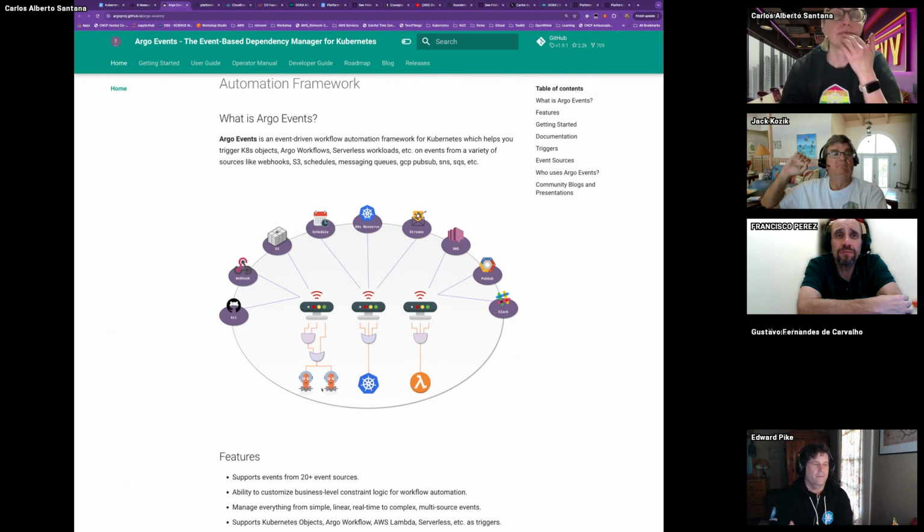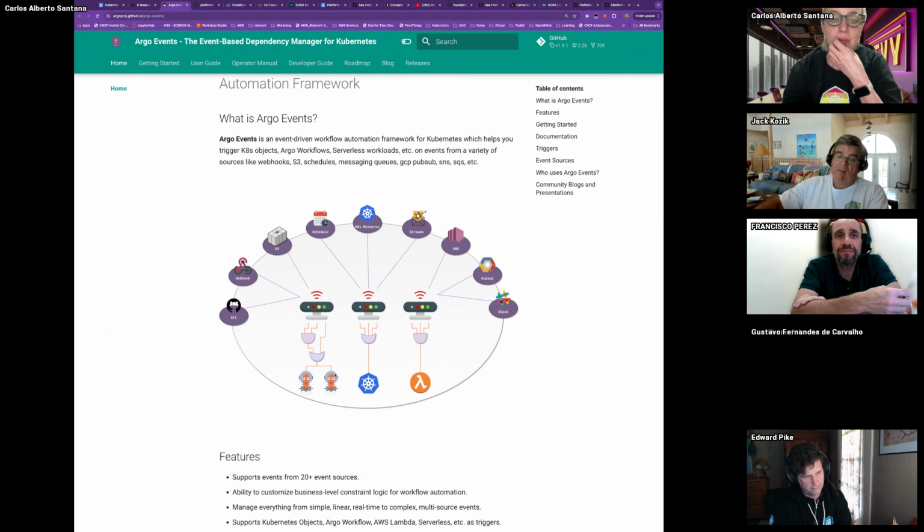I'm using my mouse, but the one on the left, you see two Argos here at the bottom with a year at the end. Actually, those are workflows. There's a project called Argo Workflows. Then you can connect something like Git through a webhook. When you create a pull request, for example, or commit something to GitHub, Argo Events will receive that HTTP request and then launch an Argo workflow that will do something about it. It could be building an image or scanning an image, and starting your CI/CD pipeline.